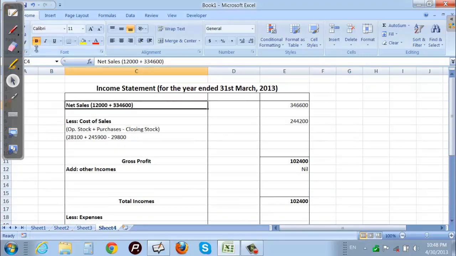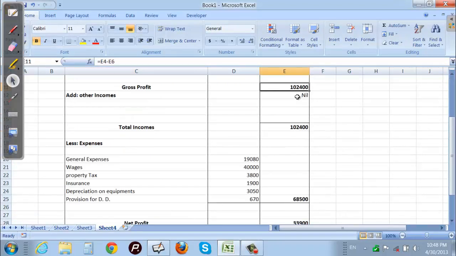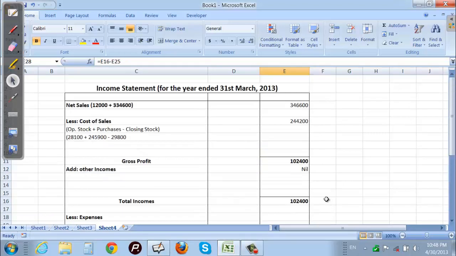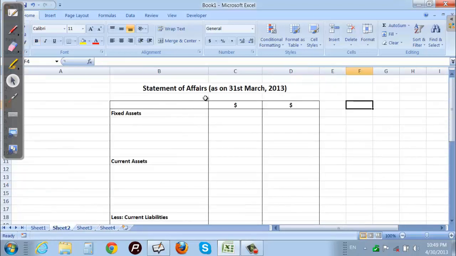First we have taken net sale, then we subtracted cost of sale, we got the gross profit, and as the other incomes are nil, so total income will also be equal to the gross profit. Then from the total income we subtracted the total of all the expenses, and finally we got the net profit $33,900. So in this manner we completed our income statement, and now we have to prepare the closing statement of